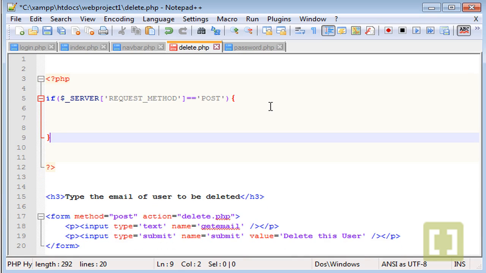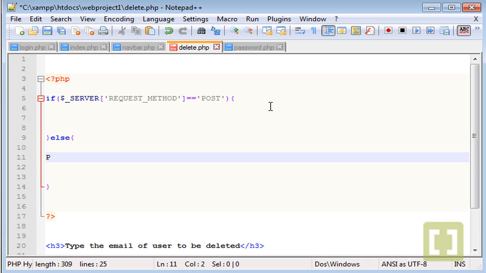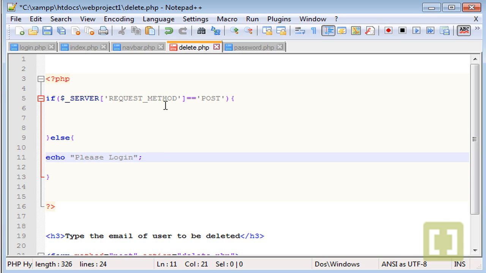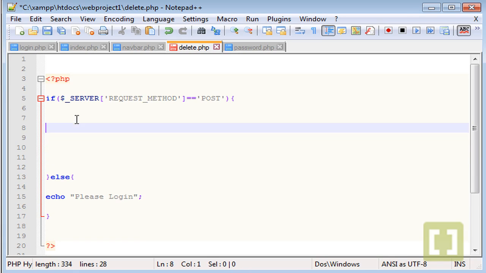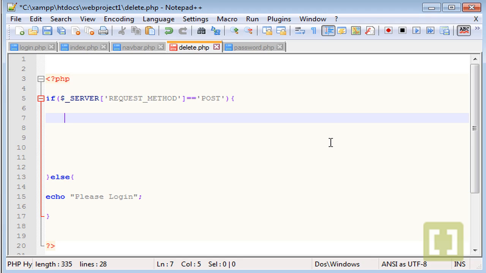otherwise type else. You can type here echo please log in. What this will avoid is that users run directly the delete.php in your URL, okay? So you need to send information by the request method post through a form in order to run this script. Or if I type that on the URL, if I type webproject1/delete.php without being logged in, I would get this echo out. Please log in, and nothing happens, okay? If I'm logged in,